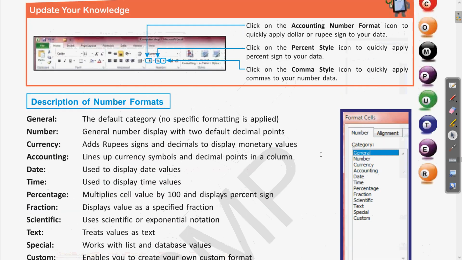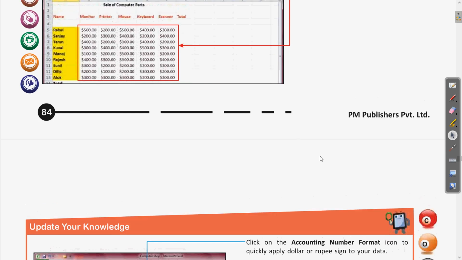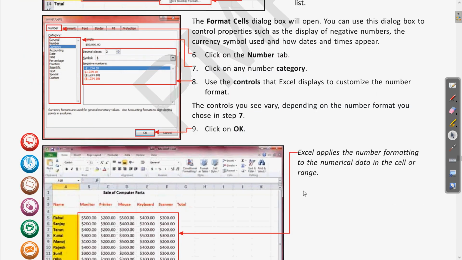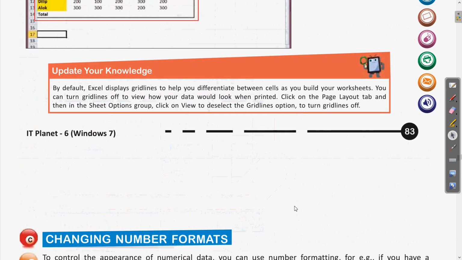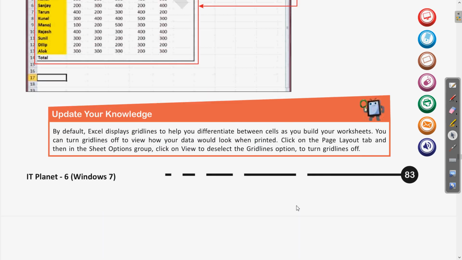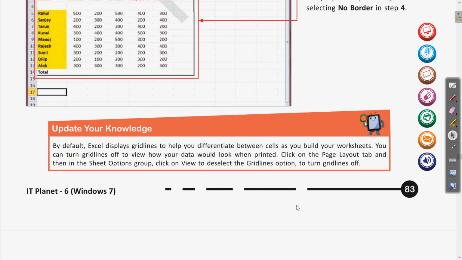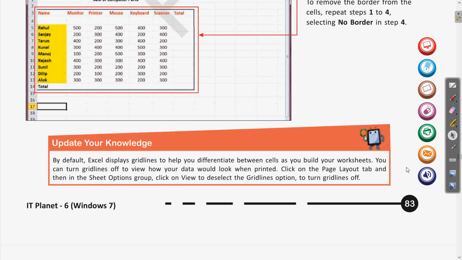Clear? So before this, what we have discussed today, like the different number formatting, how to change the color, how to change the border, add border, changing the color of the cell, changing the color of the text which is written in these cells. So try to practice these topics which we have covered. In the coming class we will move further to the other topics, and whatever doubts you have, we can discuss them in the online class. Thank you.